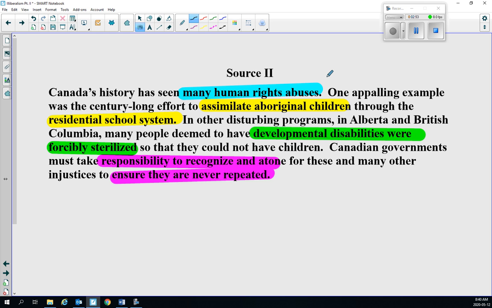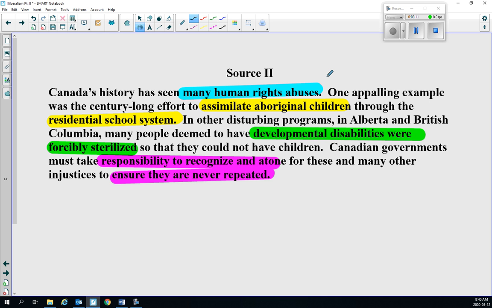They had to learn English, they had to learn to read and write English, they took on an English name, a Christian name, they had to abandon their religion and culture and embrace British religion and culture. So you would talk about the assimilation process and what would have happened in those residential schools.